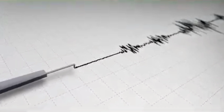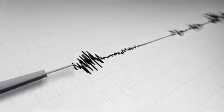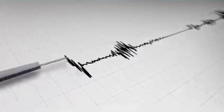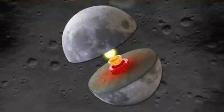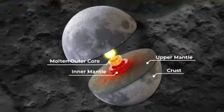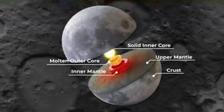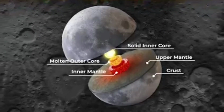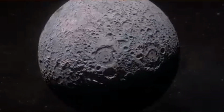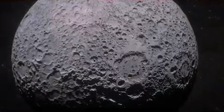Additional seismic and gravity studies, as well as moments of inertia calculations, all reveal that the moon has an interior similar to that of the Earth, from out to in: crust, upper mantle, inner mantle, molten outer core, and crystallized solid inner core. Was this done in an attempt to diffuse questions from the public? Could the mountain of evidence for a hollow moon and the elaborate tests concluded by NASA themselves really be put